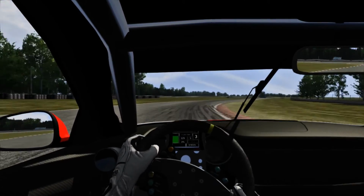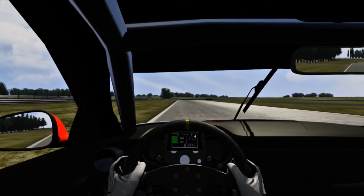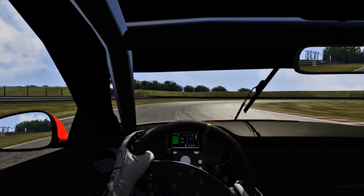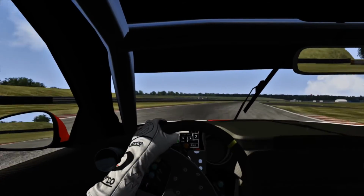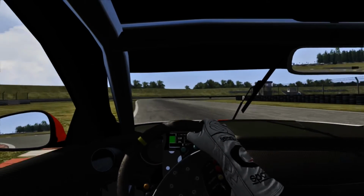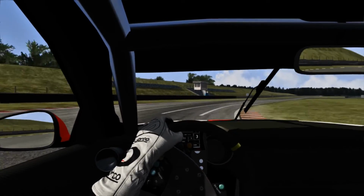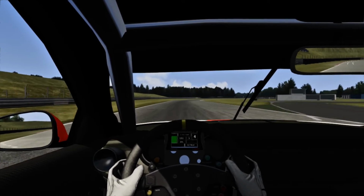Obviously it is based on a road car, but it certainly doesn't feel like a road car because we've got slick tyres, stiffer suspension. Obviously set up as a race car. So yeah, hopefully the times will be a bit quicker, be a little bit more stable, push a little bit harder,